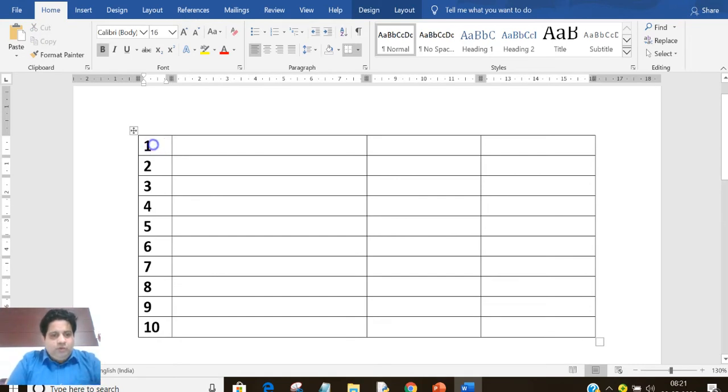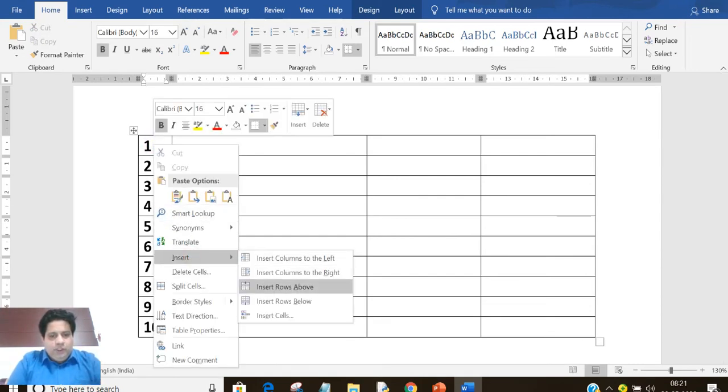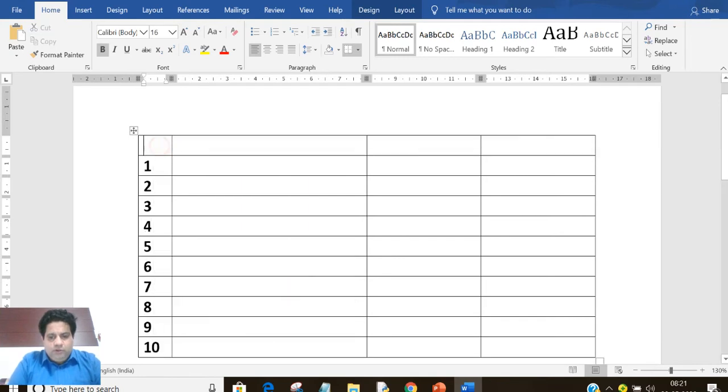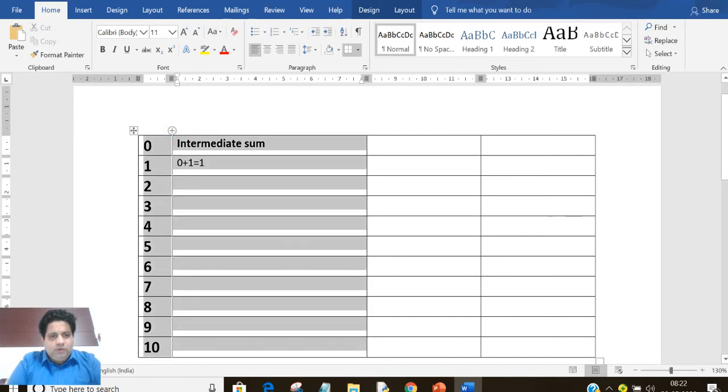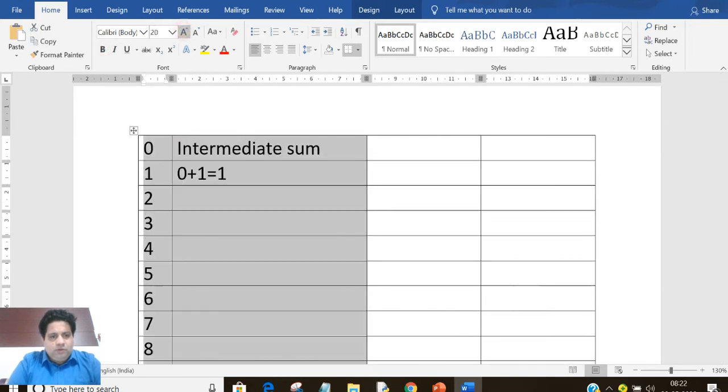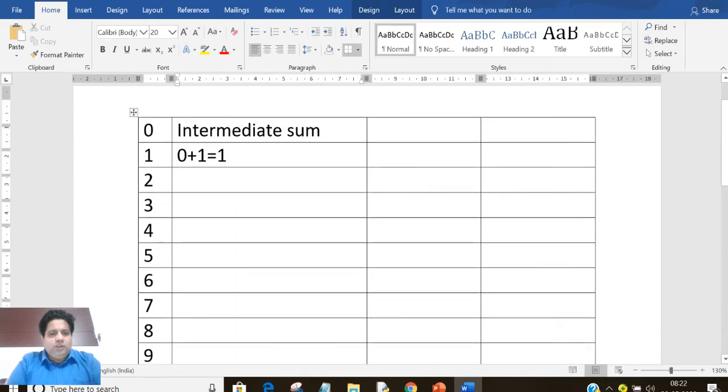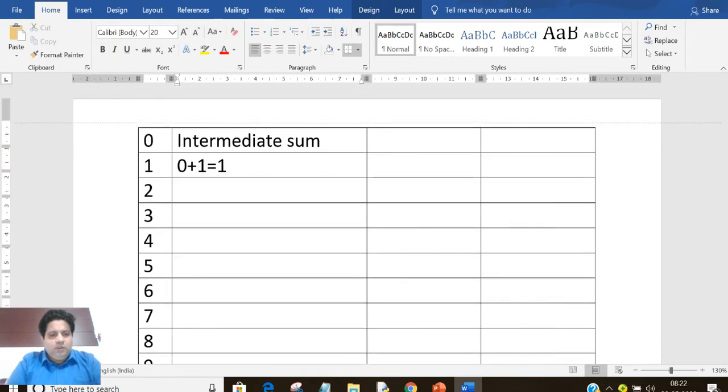Before 1 the value will be 0. It means first of all you will add 0 plus 1. This is addition. This is the intermediate sum. Now 0 plus 1 will be 1.